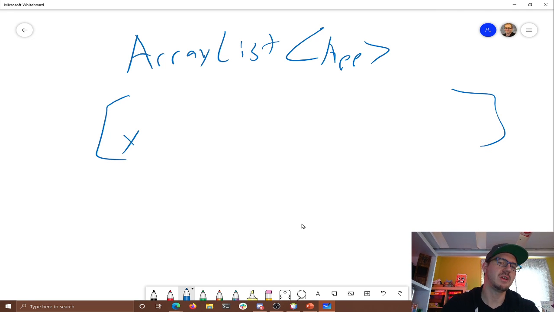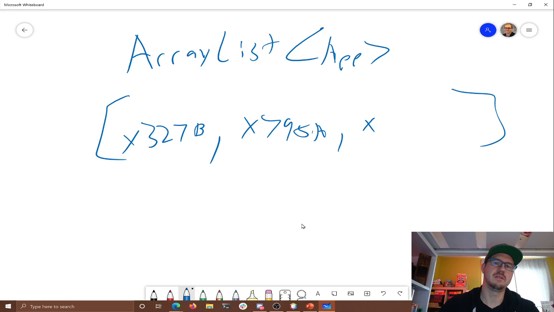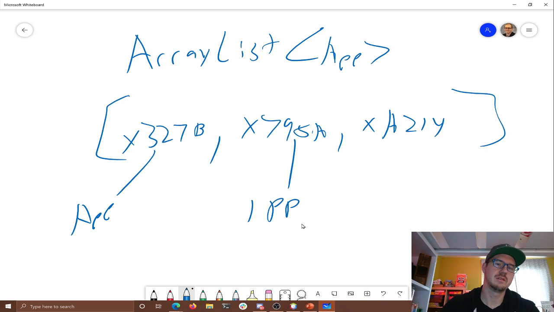So what I store is the memory address, like 327B. And then the next appointment is maybe at 795A. The next appointment is maybe at, I don't know, A214. Wherever these things are stored in memory is another appointment with its own set of values. So what's actually being stored in my array list are references. So if I make what's called a shallow copy, I'll make a brand new array list. So this array list here, say, is in its own location in memory, say